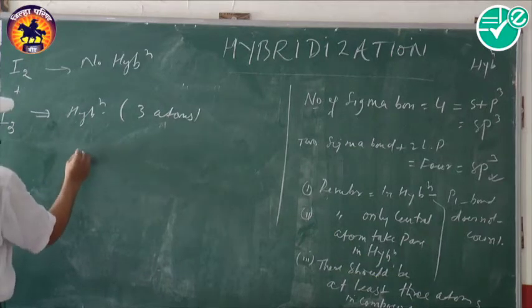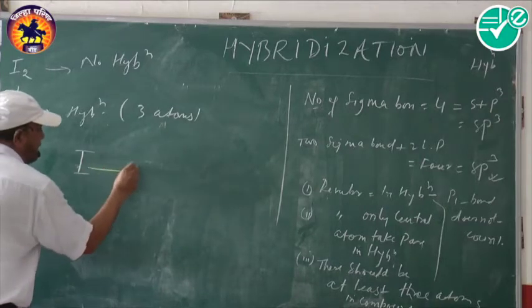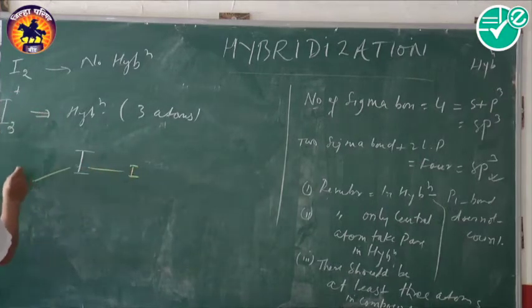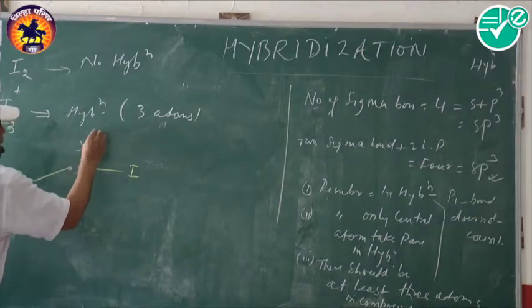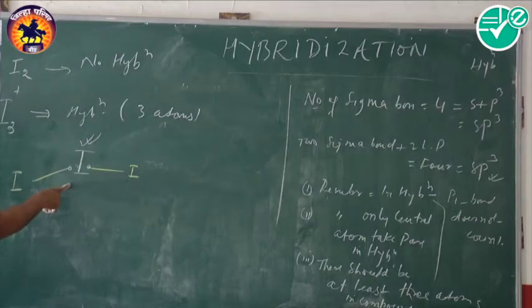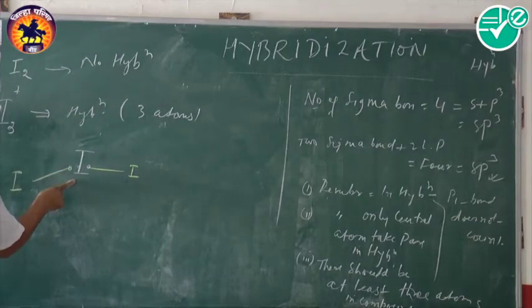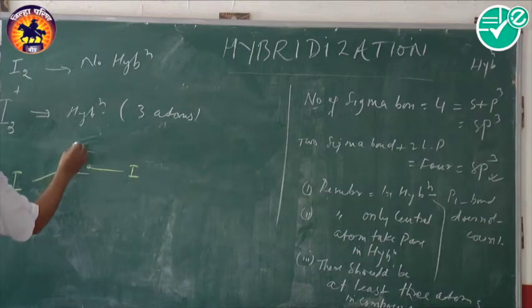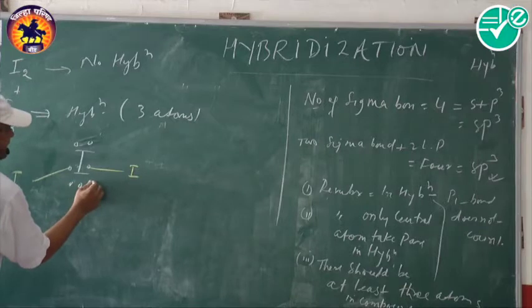See, this is your I. In addition to this I, there are 2 more I. Okay. This iodine belongs to group 17, means 7 group. There should be 7 electrons, but here it is only 2 electrons. 1, 2. Remaining 3, 4, 5, 6 and 7.